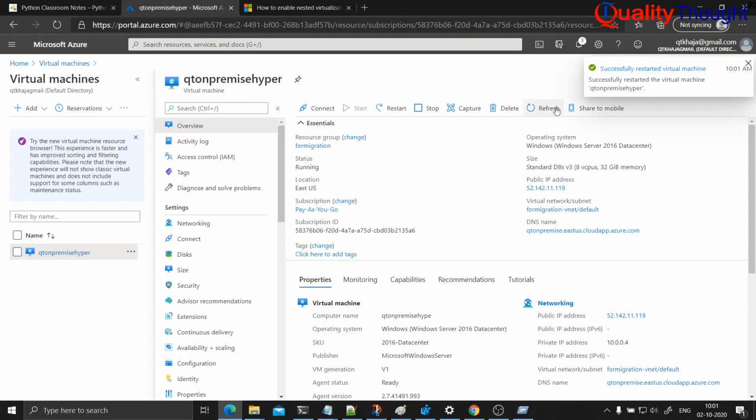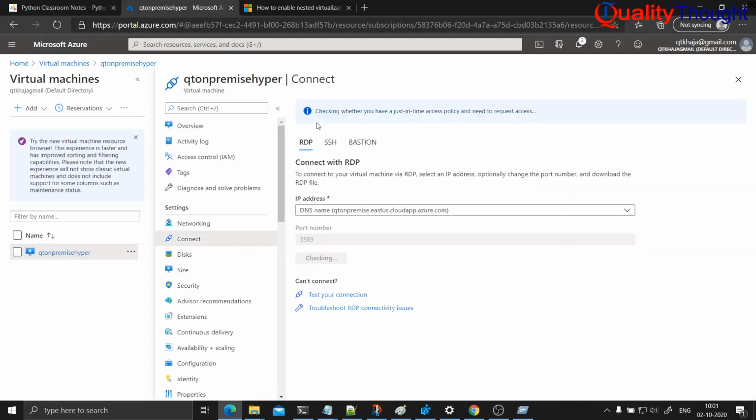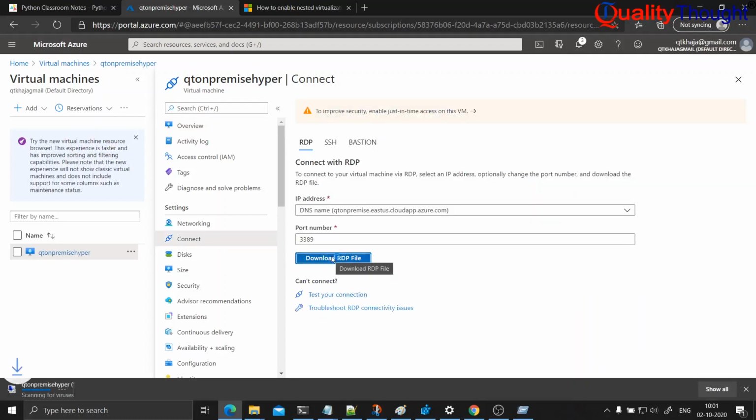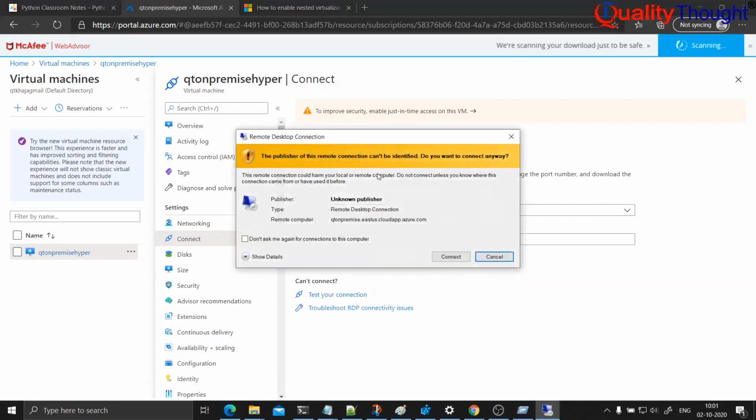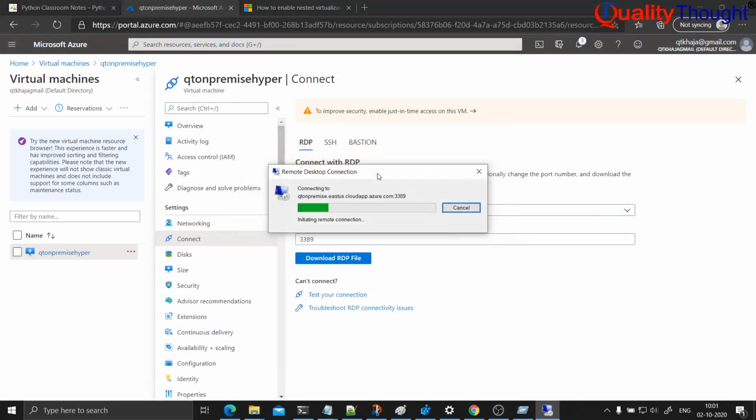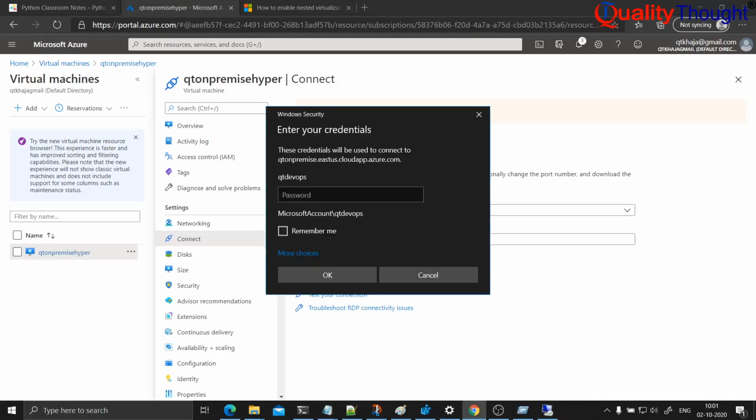It says that it has done the restart. So click on connect RDP and download the RDP file. Now let me give the password.